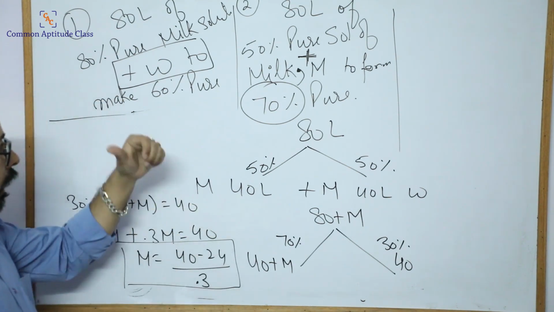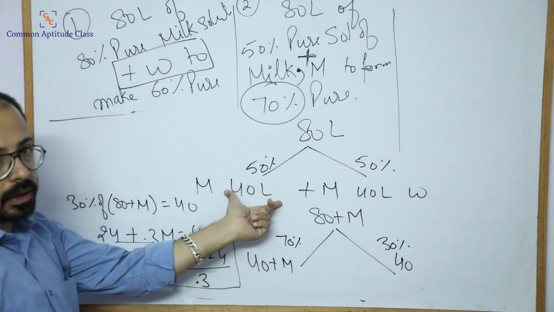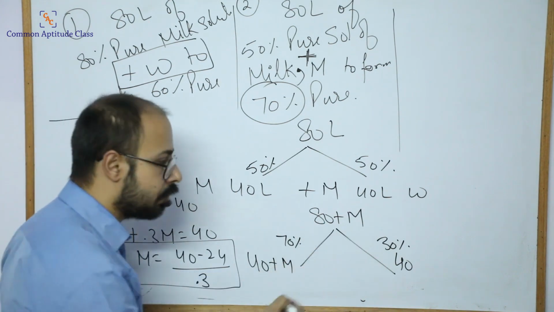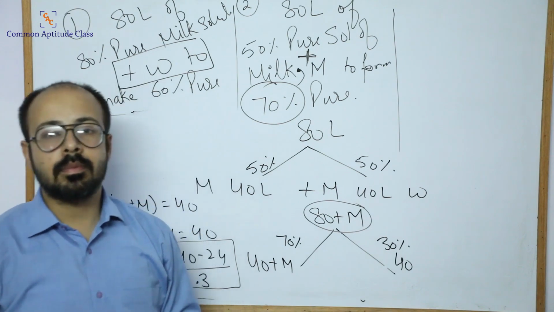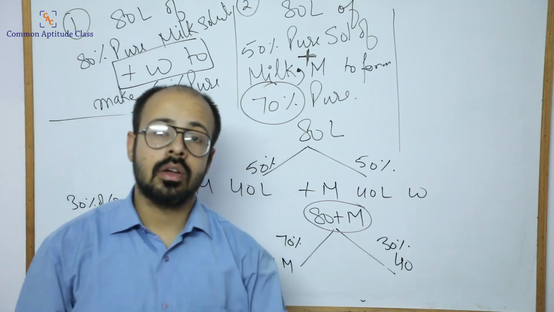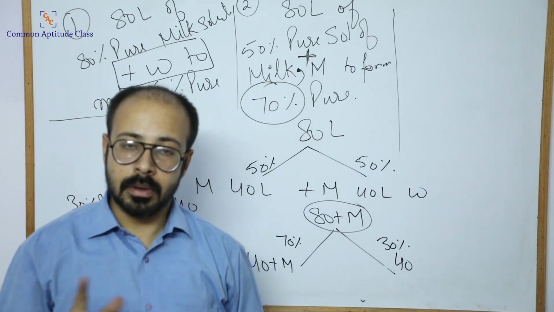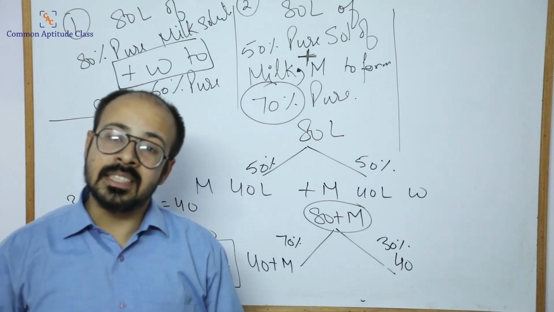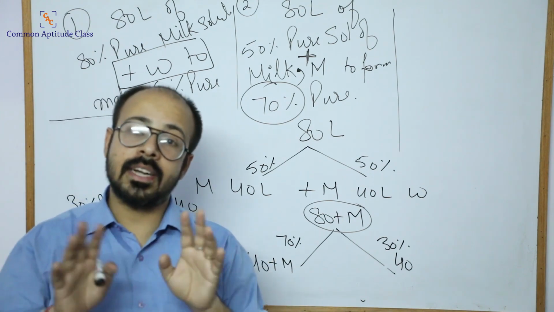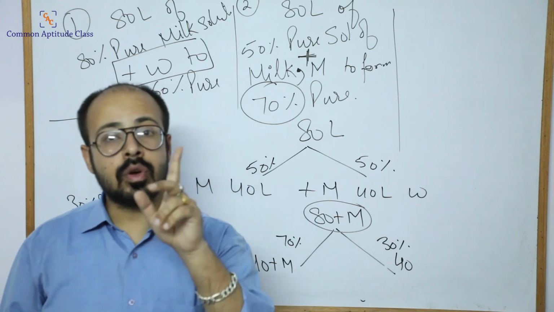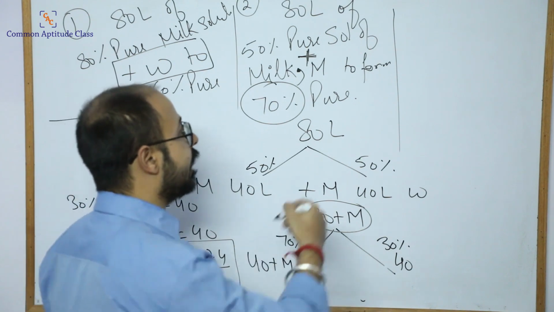What was the difference? In that case we compared the milk content with this amount. In this case we compared the water content with this amount. Why? Whenever we are diluting it, we are taking care of the concentrate because water is varying, but milk is not. Other part, when I am concentrating it, the pure content is varying, water is the constant part. So whatever be the case, I have to compare the constant data. Till now done.